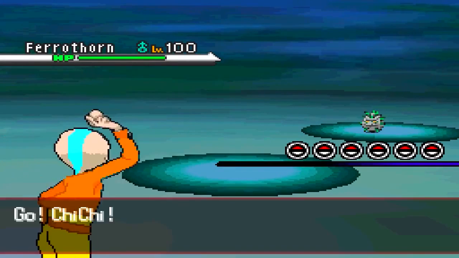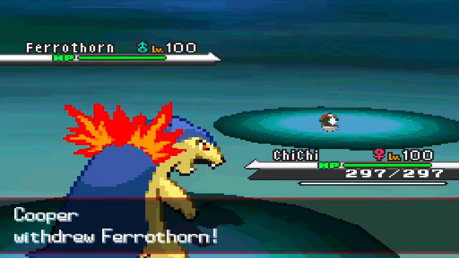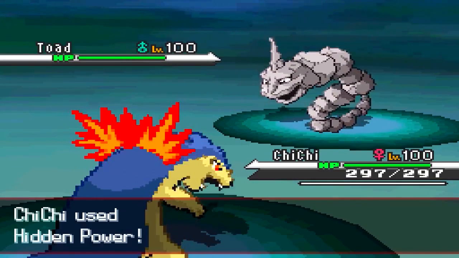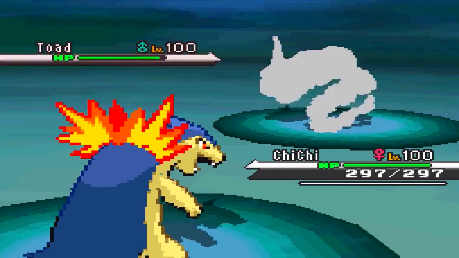So obviously, he's going to want to switch into something that resists the Eruption, either being Onix or Omastar. So I'd opt to go for the Hidden Power Grass to hit either one of those switch-ins for 4 times super effective damage. He decides to go into Onix, and